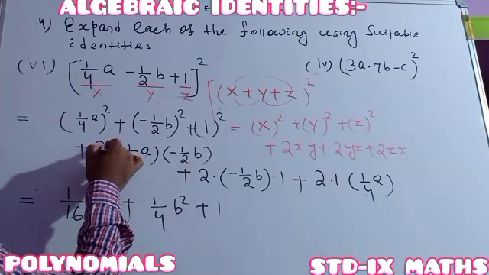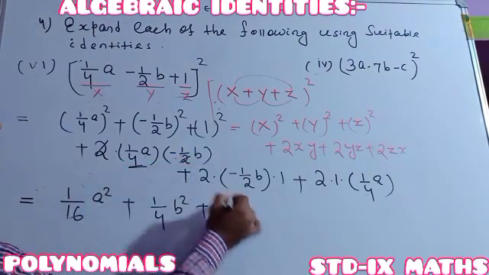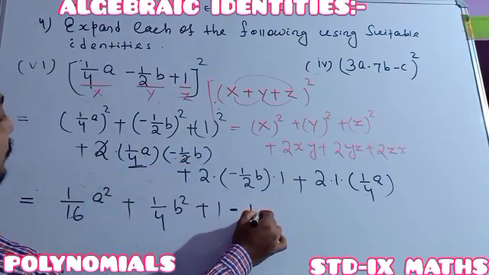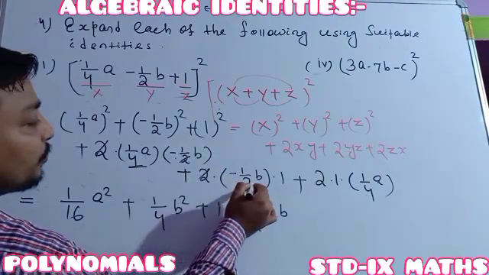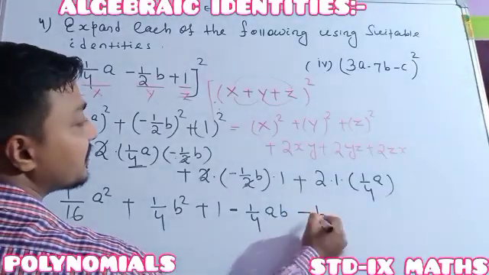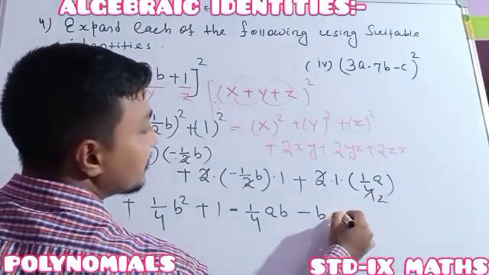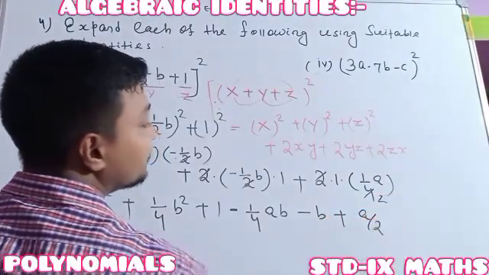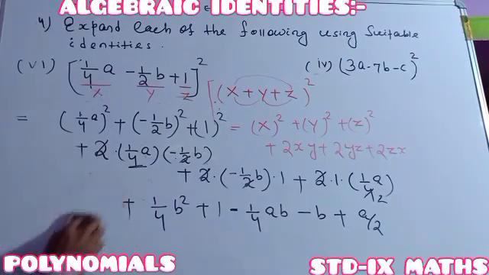See next here, 2 can be cancelled with these two. So for which 1 by 4 here it is minus 1 which becomes minus 1 by 4 into ab. See here it is 2 cancelled, for which minus b. Here 2 can cancel the 4 2. So for which last one it is a divided by 2. Perfectly understood? So this one it is our expansion form. Only with the calculation we have to do everything. Okay, now we will do the discussion of our last question.